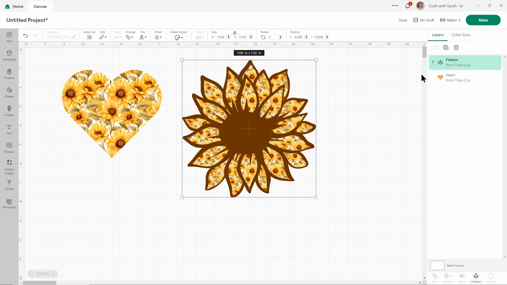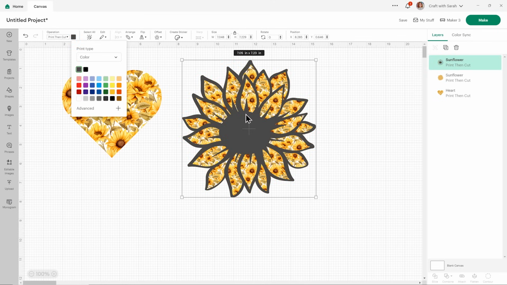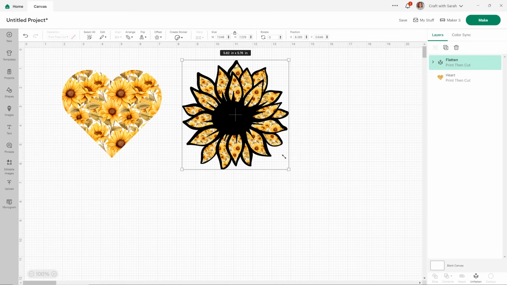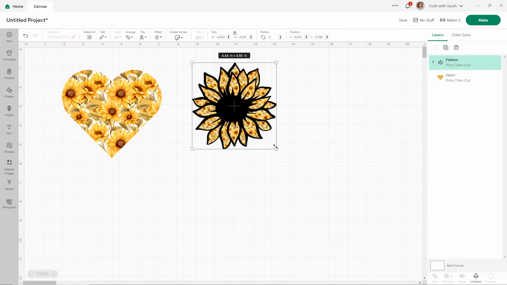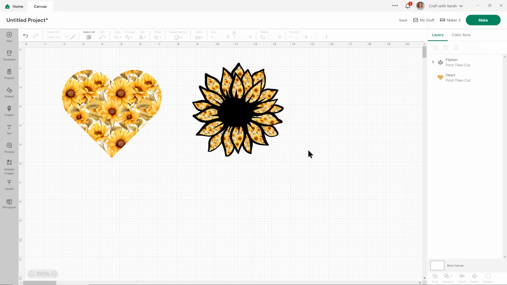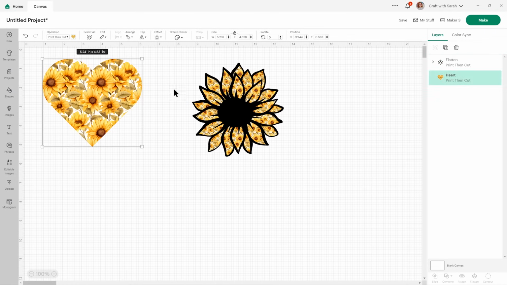And if you want to change the color of that top layer at any time, you can just press unflatten to separate out the layers again, and then put it to whatever you want. Select them both and flatten again. You need to flatten them together, otherwise your layer on top will cut from a separate bit of cardstock to whatever you're printing on. Okay, so that is how to use the pattern fill feature.